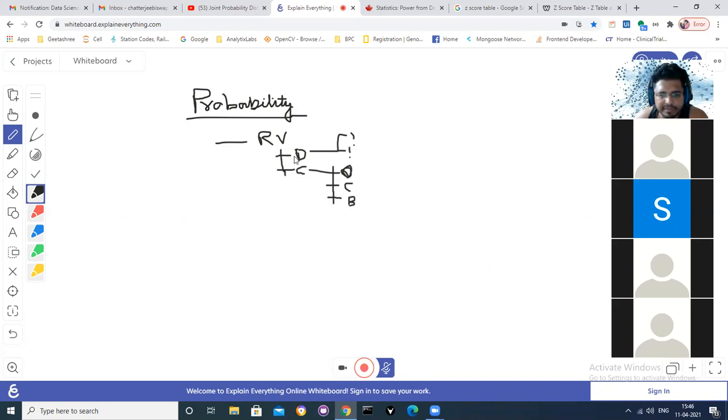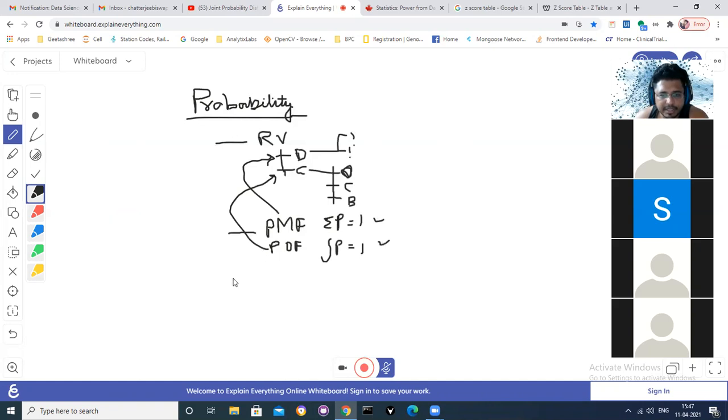So we read about random variables like this. After the random variables, we read about the probability mass function. Probability mass function is for discrete. Probability density function is for continuous. This says that sigma of all probability is equal to 1. This says that the integration of all probability is equal to 1. Conceptually, they are the same things. This is just discrete and this is continuous.